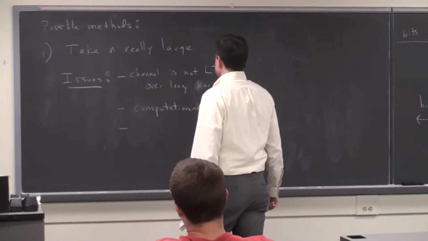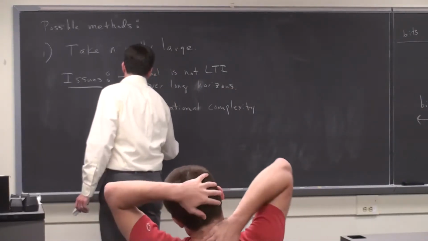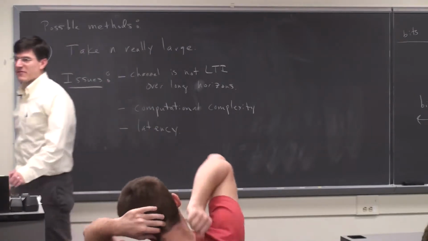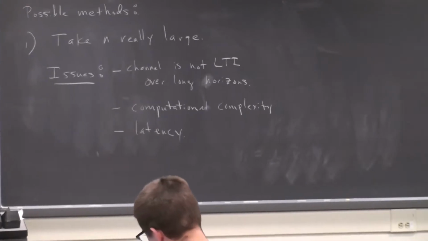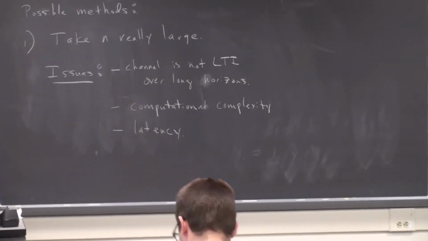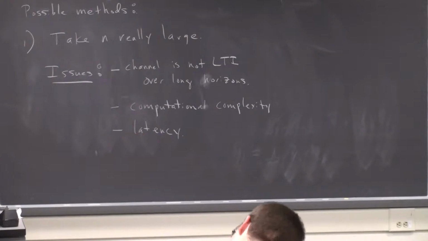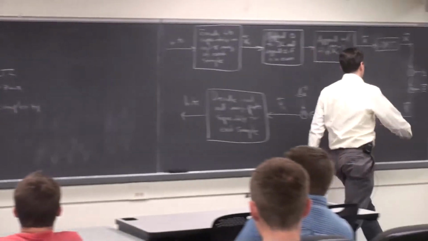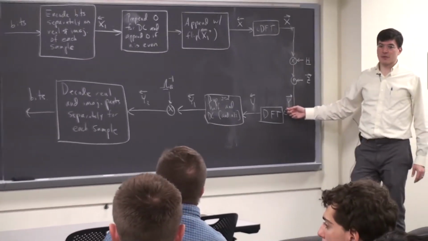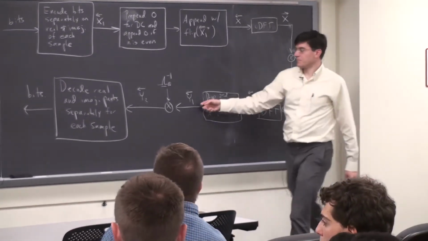There's also a latency issue here. Okay, so if you think about it from the decoder standpoint, suppose you choose n to be, I don't know, 200,000 or something, right? Okay, so the decoder has to wait until it's accumulated 200,000 samples before it can start decoding anything, right? It's not like the first few samples come in and it can decode the first few bits. And then the next few samples come in and it decodes more bits, right? You're going to use this architecture, right? So you wait until you've accumulated all 200,000 discrete time samples before you take the DFT,